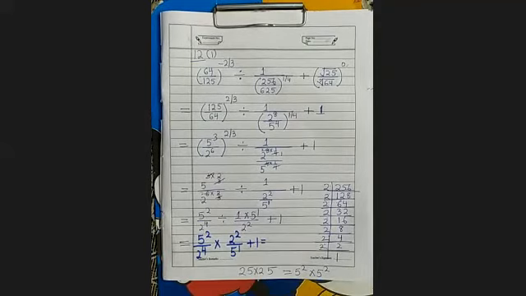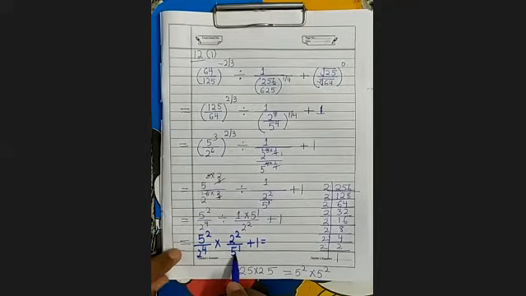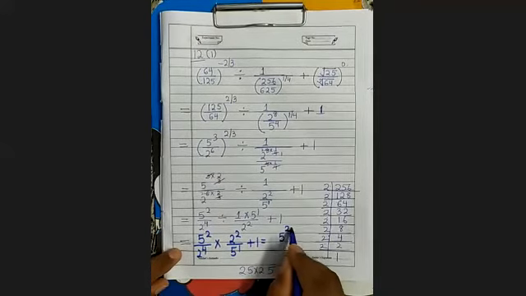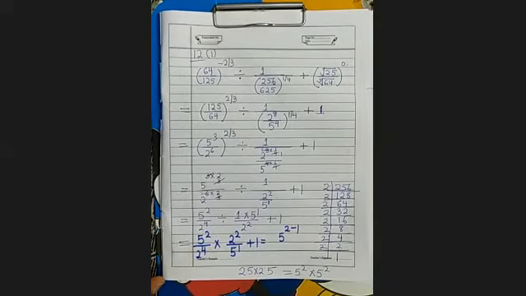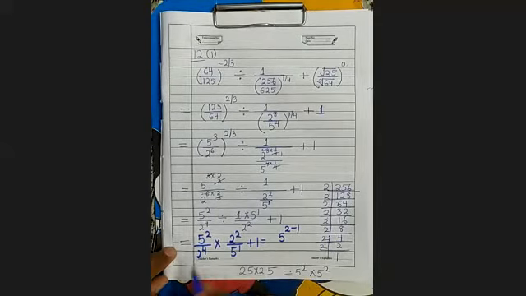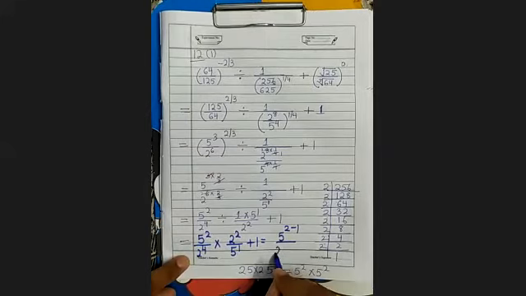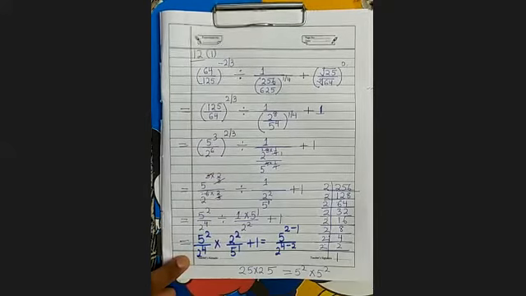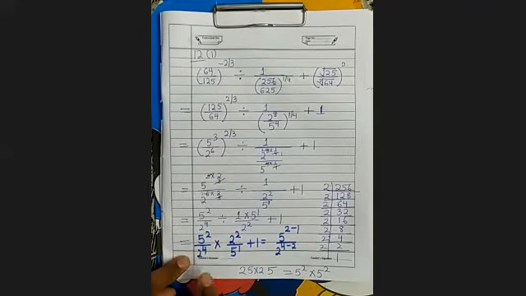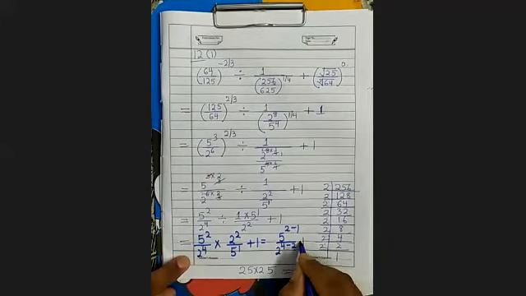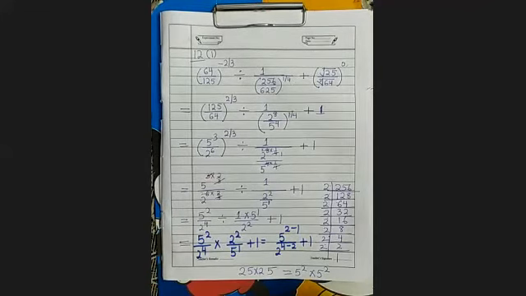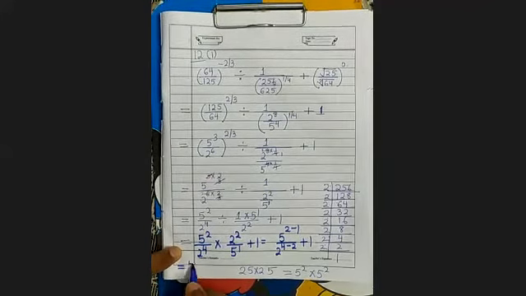So you can see here, 5 square upon 5 to the power 1, we will apply the quotient rule. So 5 to the power 2 minus 1. 2 square upon 2 to the power 4. So you can see here bigger power is here. So you can write 2 to the power 4 minus 2 in the denominator. Why? Because denominator is having bigger power. Plus 1. 5 to the power 2 minus 1, 5 to the power 1 means only 5.